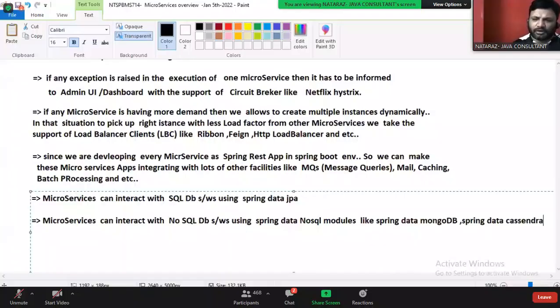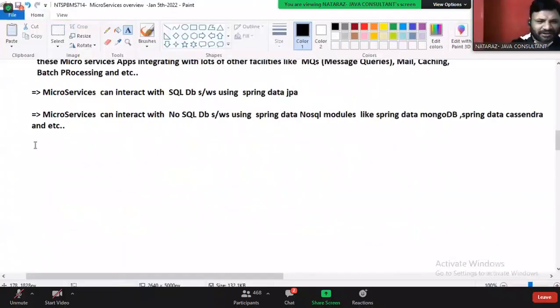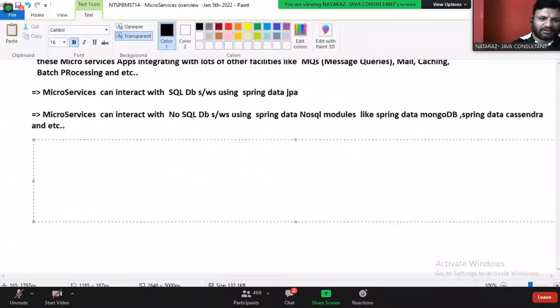For every NoSQL database, a separate module is there, Spring Data Neo4j, Spring Data X, Spring Data Y, Spring Data Z kind of thing.